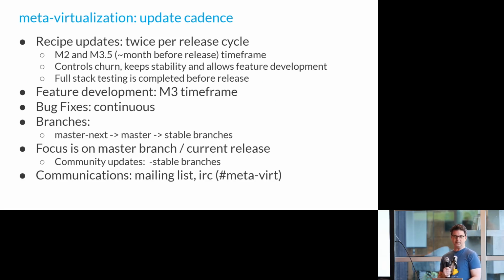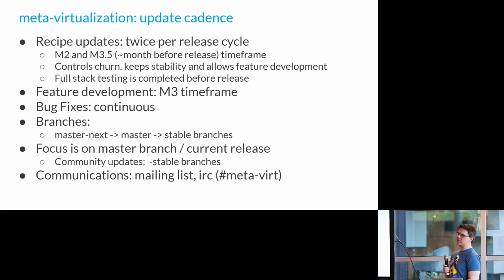So, of course, bug fixes are continuous, I'll merge those. But the big scripted recipe updates and bumping source revs to random things, I have my own script to do it, and I only do it about twice a release. That way, it's not constantly changing and breaking. I push all changes to master-next, probably annoyingly to some people, for an undefined amount of time, until I'm either not traveling to a conference or I know I'm going to be around to fix breakage, and then I will merge it to master and then back to the stable branches.